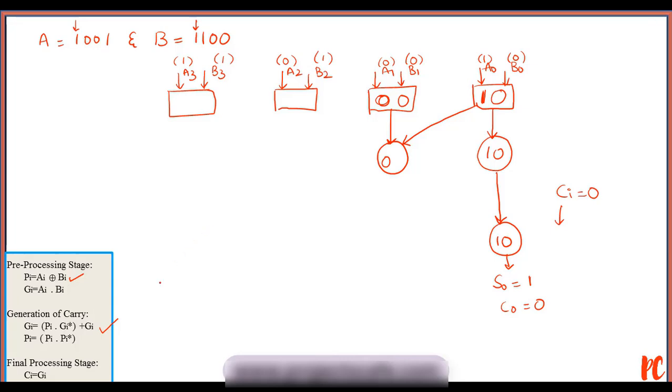Followed by Pi, I need to make an AND operation of this Pi and the previous Pi. This will result in 0 again. This is going to get repeated as it is. So from this I can say my S1 value will be 0 and C1 will be 0 as it is. Coming to the next stage, again by performing the XOR operation here, this will give me a result of 1